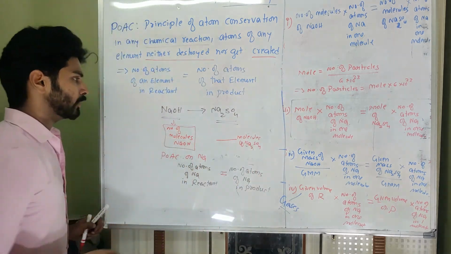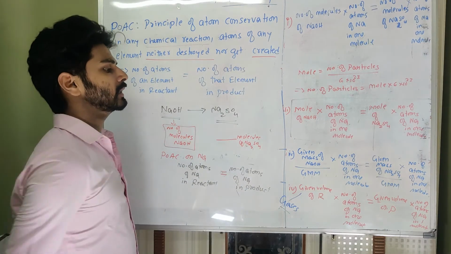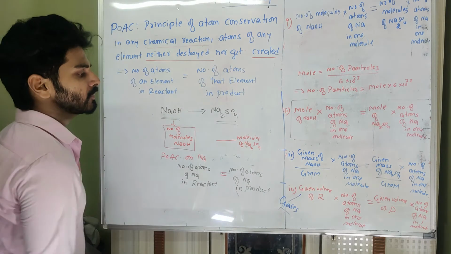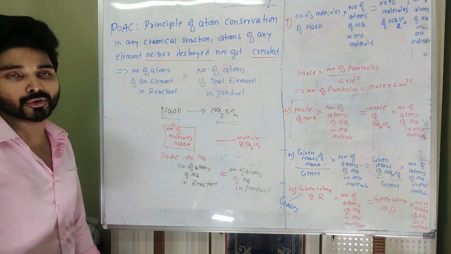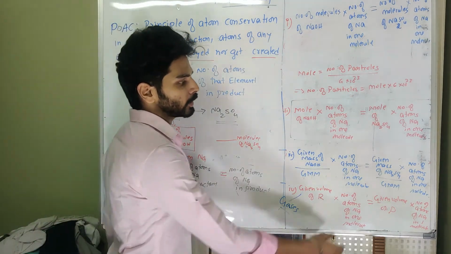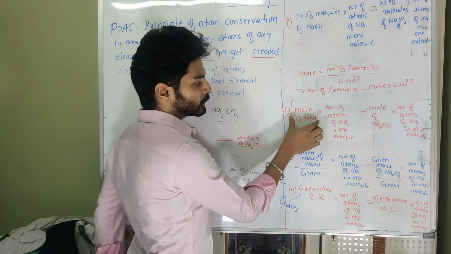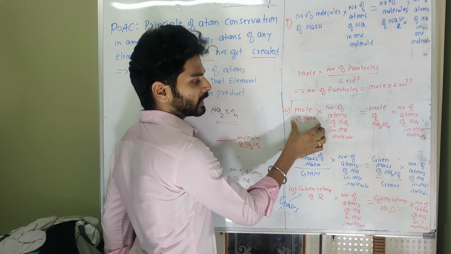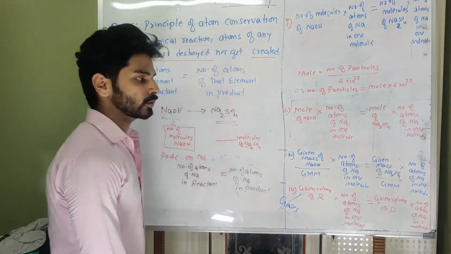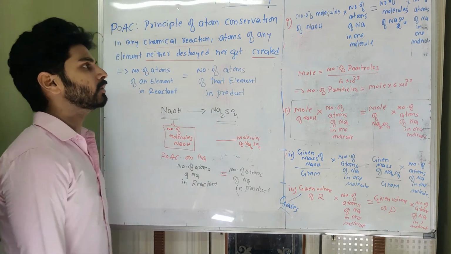Here I have taken NaOH and Na2SO4 as an example, so you cannot apply it here, but in general we can convert mole into this. These are the different forms, whichever is needed for you, you can calculate. Sometimes a question can be asked where moles of NaOH will be given and you are asked to calculate how much Na2SO4 is formed. Then on the left hand side you can keep the formula as mole of that reactant into this. On the RHS you can split that mole into given mass upon gram molecular mass. So any combination is fine, you can get the value of the product.